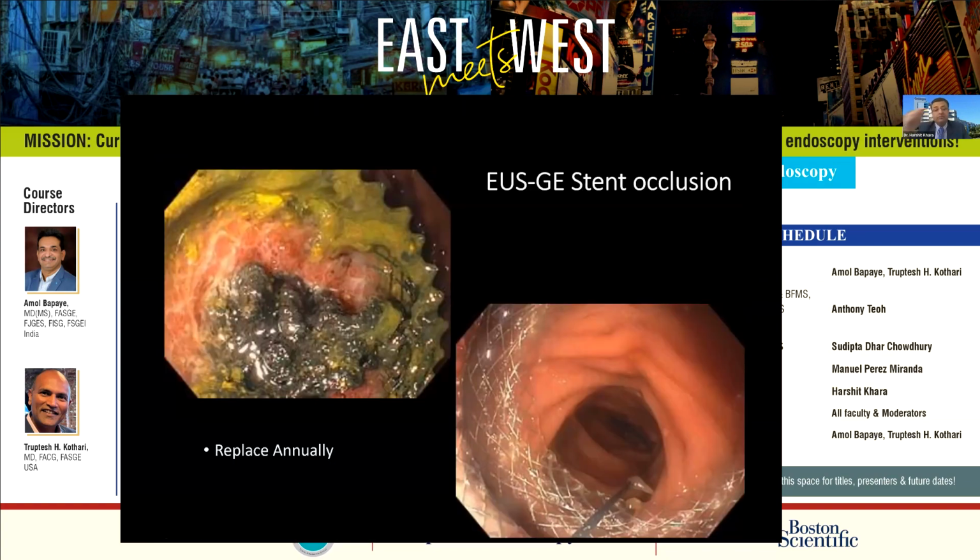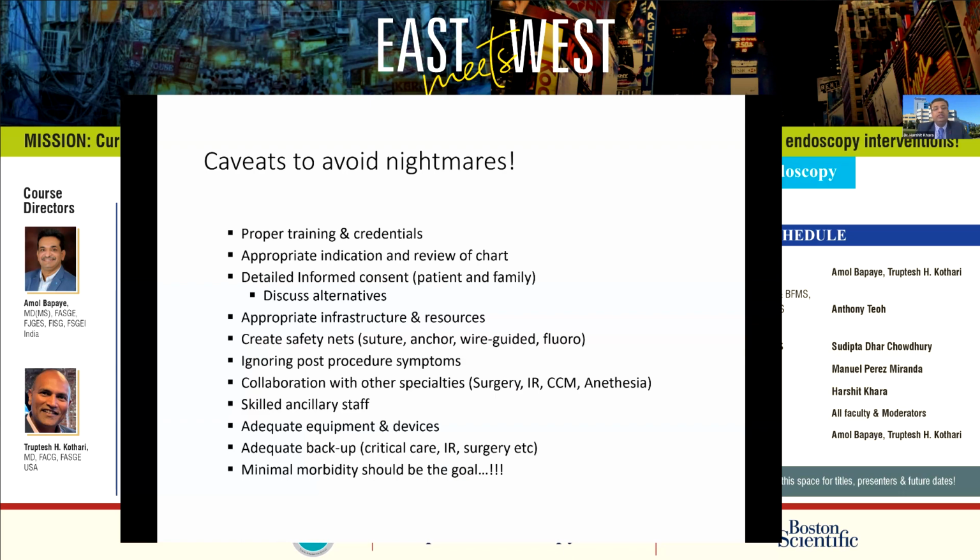Ingrowth, sometimes we place these stents for patency, but the stents themselves can get occluded. So if it's for a benign indication, as we just recently saw, the stents could be removed and exchanged out. So I replace them annually if it's for a benign reason, or if it's for malignant, then it can stay in indefinitely. So to summarize, proper training, credentialing,